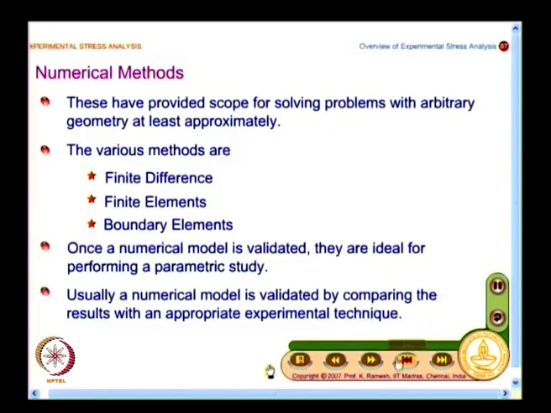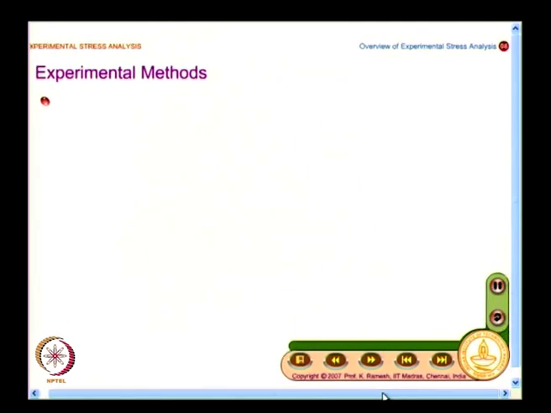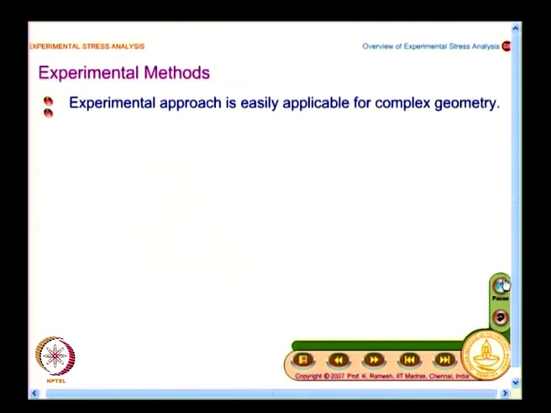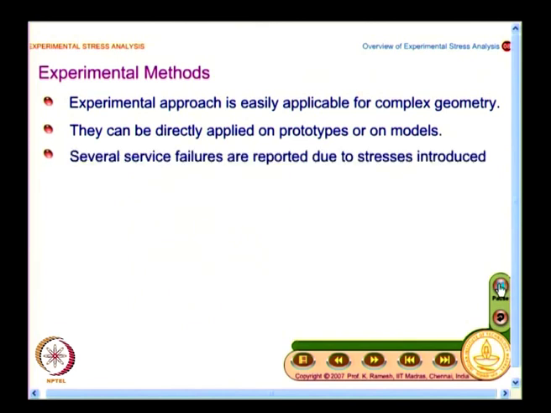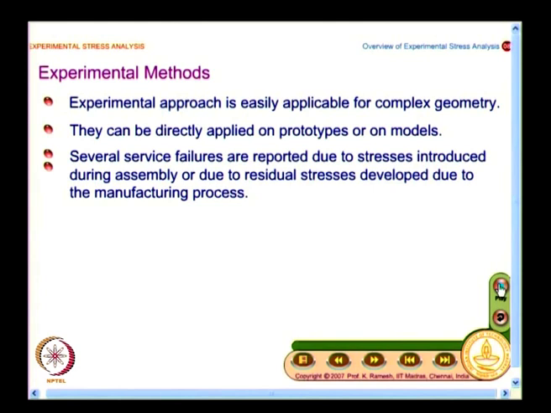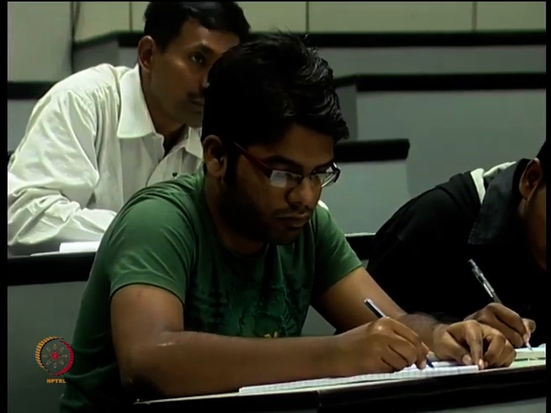And once you come to experiments, what do you see? Very similar to numerical methods, experimental method is applicable for complex geometry, absolutely no problem. And once you come to experiment, you will also have to look at two different things. Am I working on a model or am I working on a prototype? So, you can do the experimental approach on prototypes or on models. And another area where experimental methods are the ideal choice is in the area where you have assembly stresses or residual stresses. Now, I take a very simple example of a